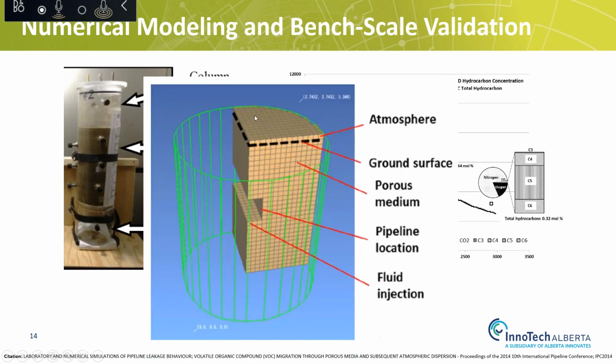So the other interesting thing about this one was that we used a TMVOC, which is a type of Tough2 model, a numerical model. And so we had the fluid injection, and this should actually be turned sideways to look more like what we have set up in the column. But you'd have your pipeline, you'd have your fluid injection point, your porous medium set up in a grid that you could then model 3-phase throughout, and then this atmospheric boundary where you could then model where and which components would end up being able to potentially be monitored.